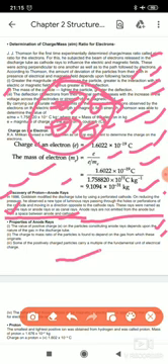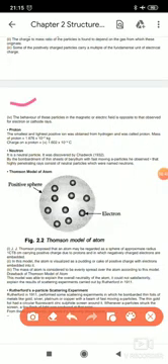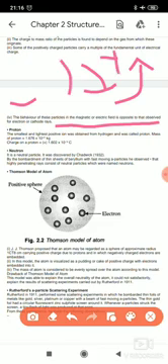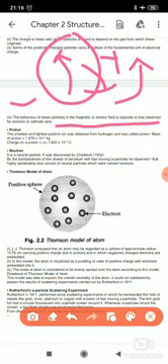Okay, and the next thing is the behavior of these particles in the magnetic field. Like the cathode rays, which were moving towards the positive plate, these will move towards the negative plate. Okay, because they are positively charged, they will move towards the negative. Unlike charges attract each other. Okay, and later it was found that these anode rays are made up of positively charged particles which are known as protons.